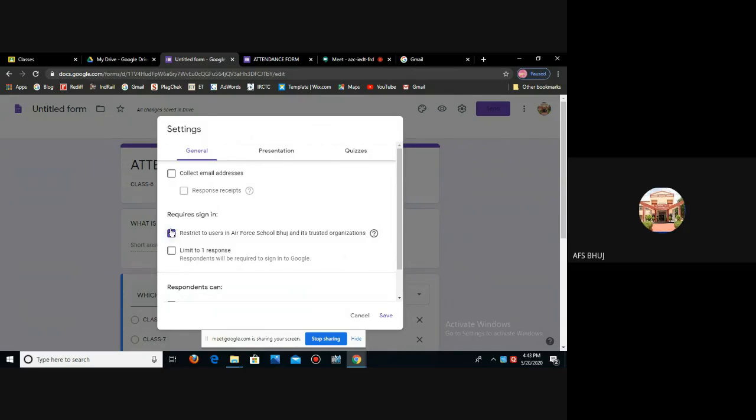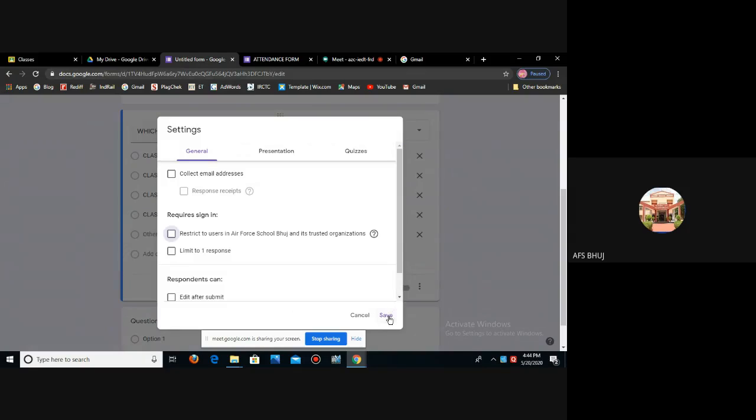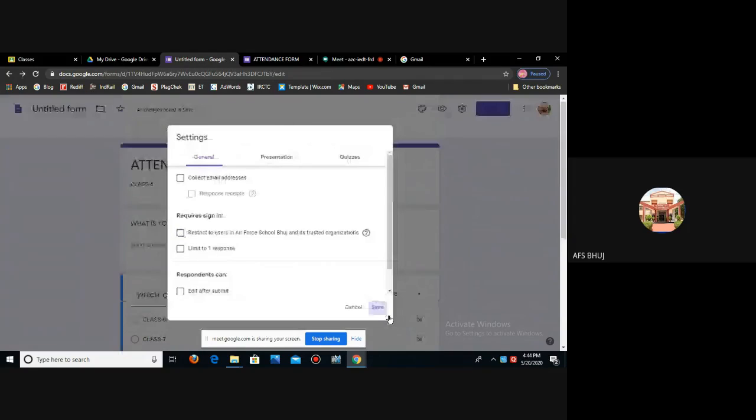That means only the students which belong to your organization can open this attendance form. Others cannot open this form. So if you are sending within the organization, no need to uncheck this box. But if you are sending outside the organization, outside the school and to personal persons, you just uncheck this and click on save. Don't forget to save.